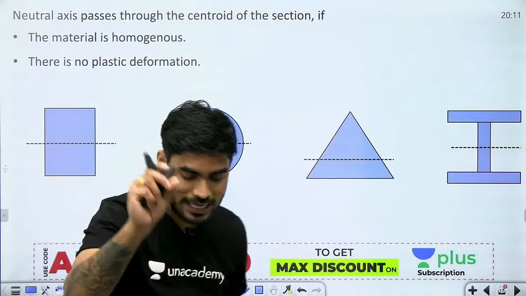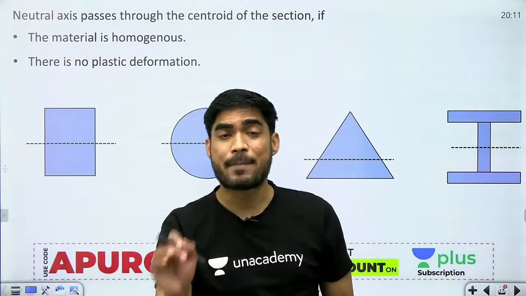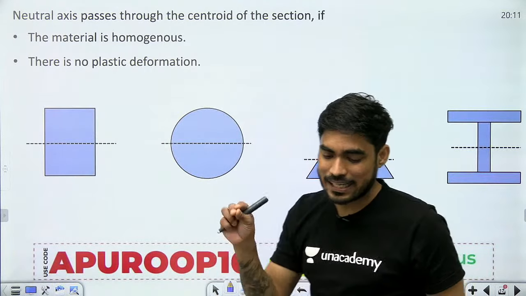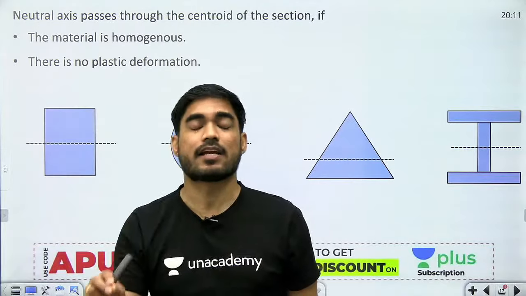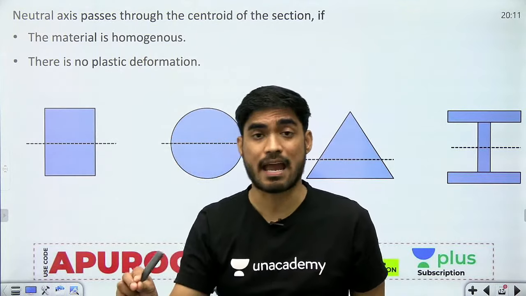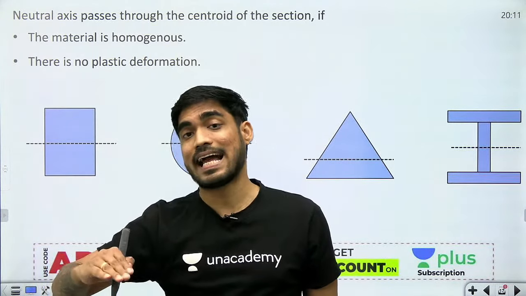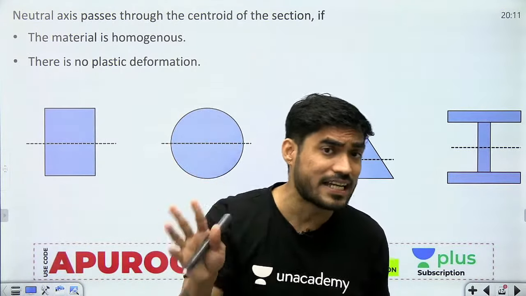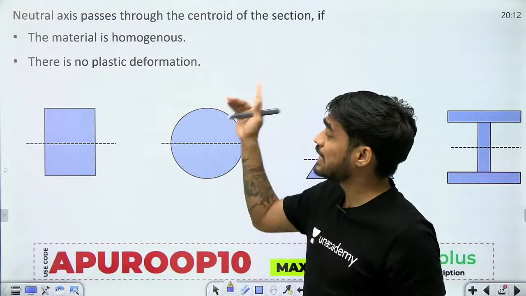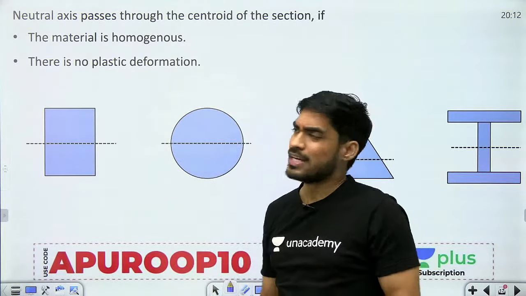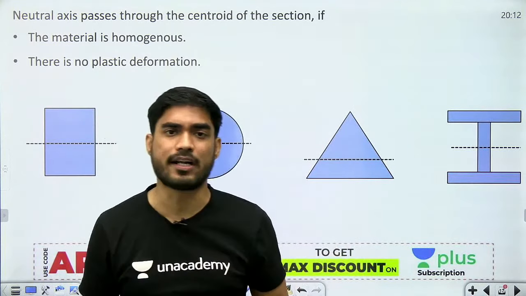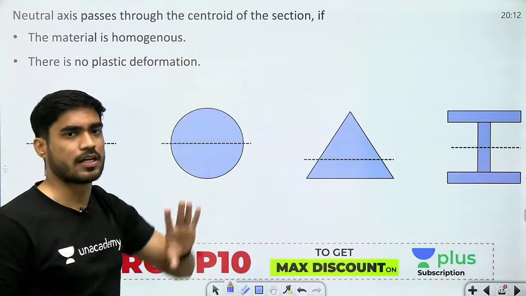ठीक है, तो न्यूट्रल एक्सिस जो है वो सेंट्रॉइड से पास होगा अगर ये दो कंडीशन सेटिस्फाई हो रही हैं. अगर ये दोनों कंडीशन सेटिस्फाई नहीं है तो न्यूट्रल एक्सिस हो सकता है सेंट्रॉइड से पास ना हो. Is this point clear to everyone? Because you might get theory question from this also. ये जितने भी टॉपिक मैं अभी डिस्कस कर रहा हूं थ्योरी के पॉइंट ऑफ व्यू से बहुत इंपॉर्टेंट है, तो ये सारे पॉइंट्स आपको क्लियर होने चाहिए.